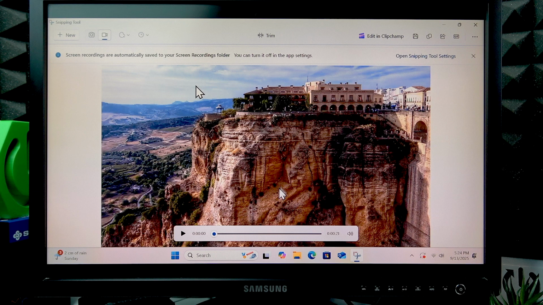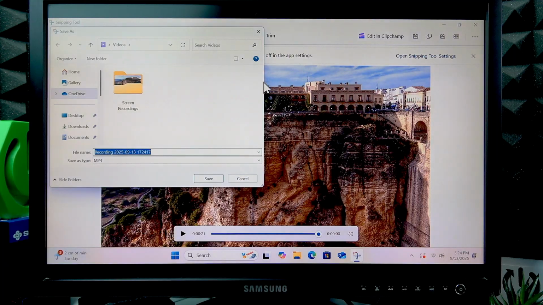Then you'll see the full preview of the recording that you made. You can trim it in this window by clicking right here. You can edit the full video in Clipchamp by clicking right here, and you can save the new version of the video by clicking right here and selecting the folder in which you want to save a new version of